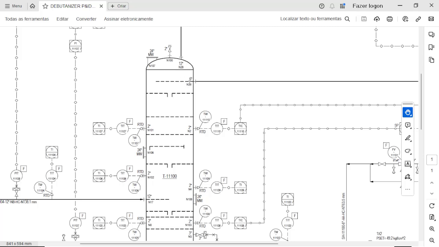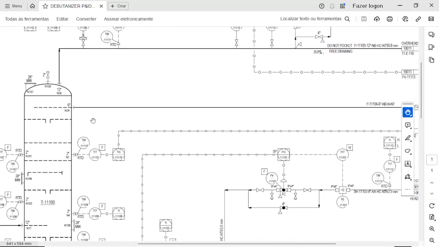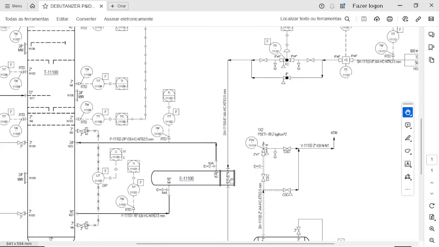So the nozzle N26, if I go to the equipment data sheet, I will verify that it is the liquid inlet or reflux inlet and it has 6 inches. If I go to my reboiler, I will see in the equipment data sheet or in the equipment drawing that the nozzle N3 has 80 inches and it is the hot fluid inlet.